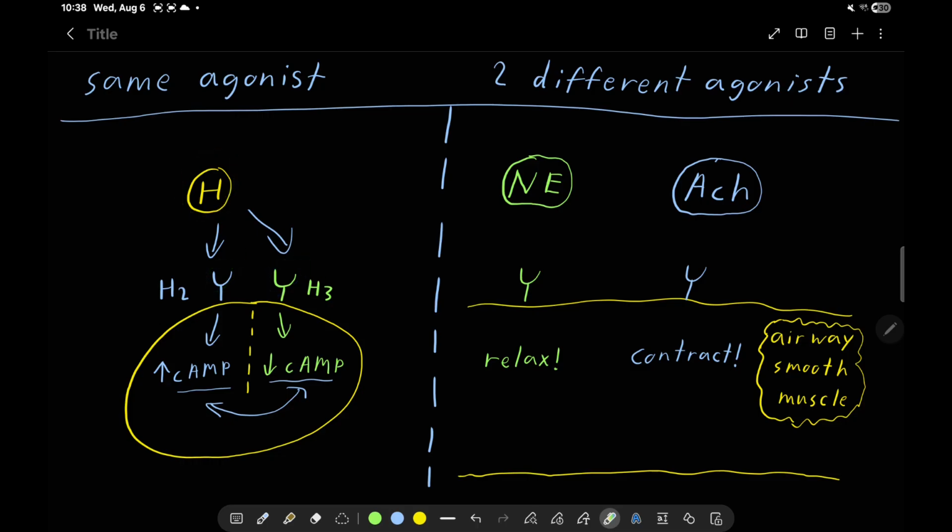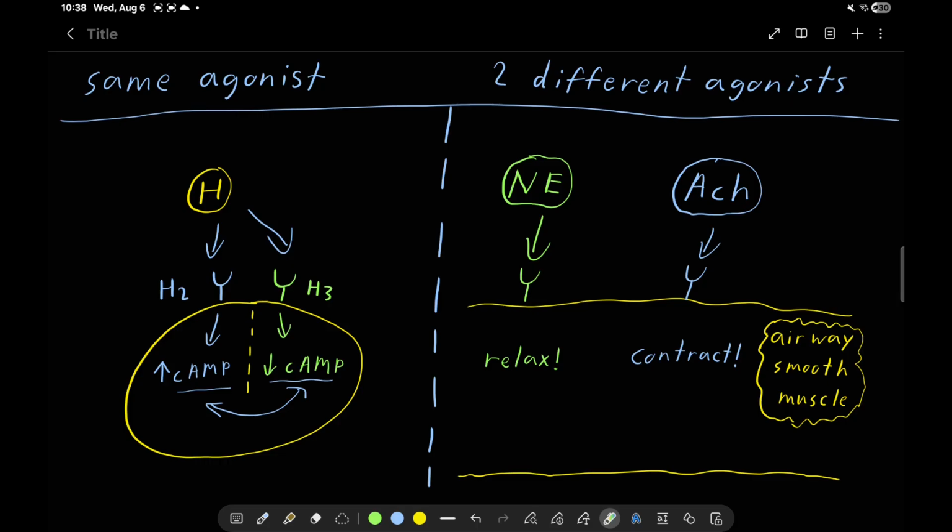On the other hand, in airway smooth muscle tissues, you can have norepinephrine, a messenger molecule, come and bind to its own receptors, and you can have acetylcholine, which is another messenger molecule, come and bind to its own receptors. Norepinephrine receptors cause the response of relaxation, like relaxing smooth muscle, whereas acetylcholine causes the smooth muscle to contract. So the relaxation and contraction of smooth muscle counteract each other, creating a balance of physiological antagonism to help regulate airway smooth muscle